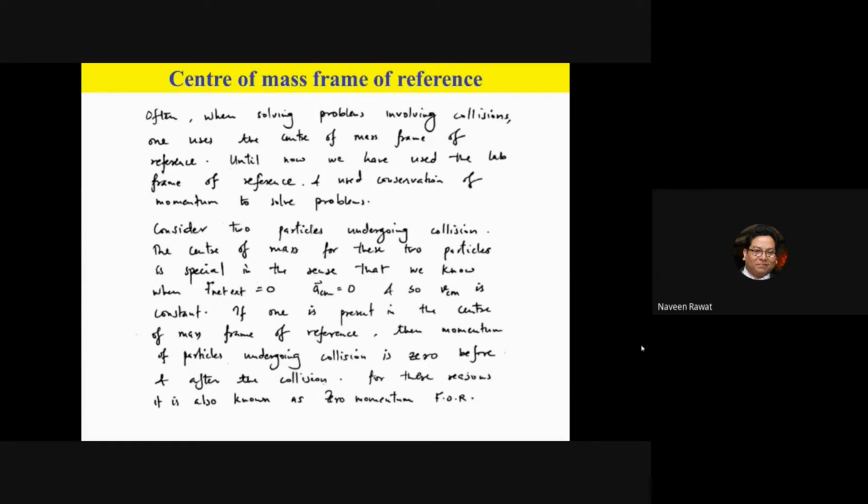However, whenever we have looked at these collisions, we have been using our lab frame of reference. We have been choosing a frame of reference and then looking at how these collisions are actually happening. Now, what we are familiar with is this idea of the position of center of mass, and like we had discussed before, it is a very special position of two objects, right?